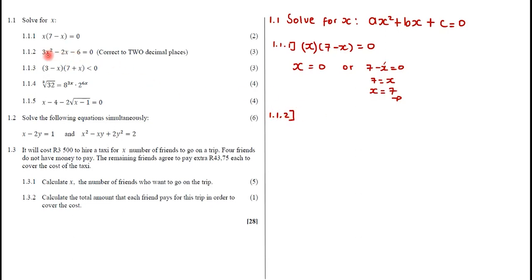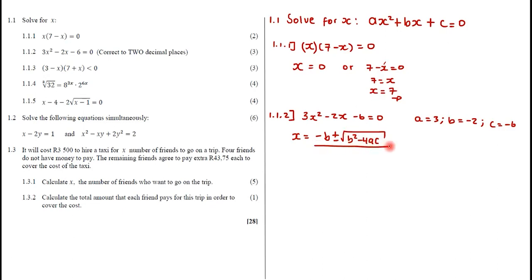Now the second one here, you can notice that already it is in a standard form, and we are given that we need to correct this to 2 decimal places. What this means is that we need to apply the quadratic formula. Now the nice thing about the quadratic formula is you don't have to memorize it. It is already given in your question paper, at the back of the question paper. So the only thing that you need to find is the value for a, which is 3 in this case, and the value for b, which is minus 2, and then the value for c, which is minus 6. And then from here you're going to apply straight the formula, which is the quadratic formula. So I'm just going to write it here,